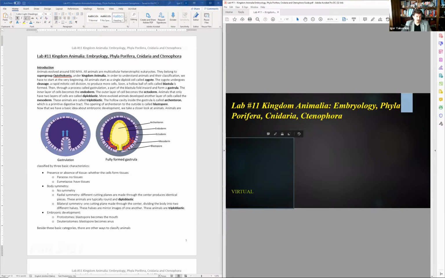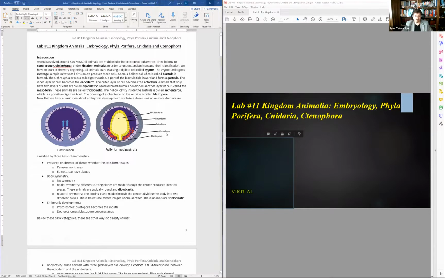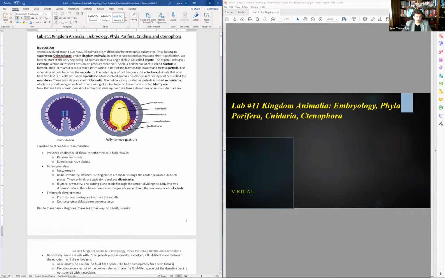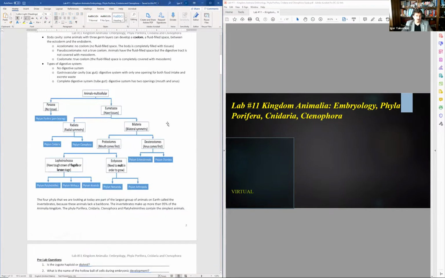So now we're looking at the ectoderm, endoderm, and then some of the cells will start going in between, creating a mesoderm. Each one of those embryonic layers will give a very particular system of organs, right? We discussed that. So let's move. Here we're looking at the overall table. Make sure that you understand that, because you will need to